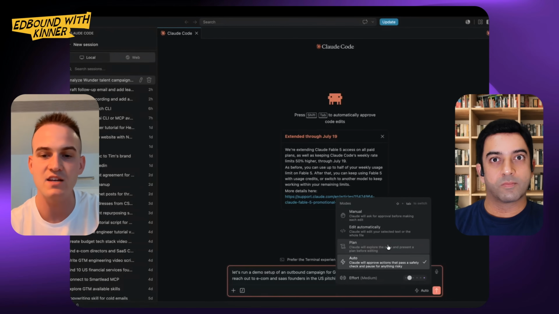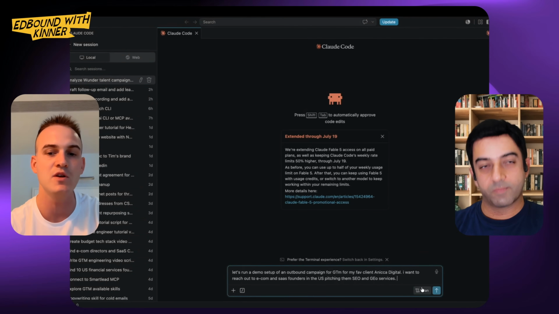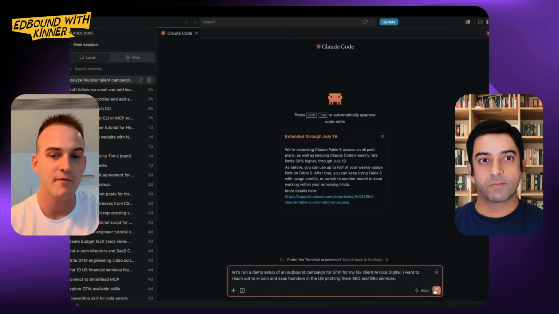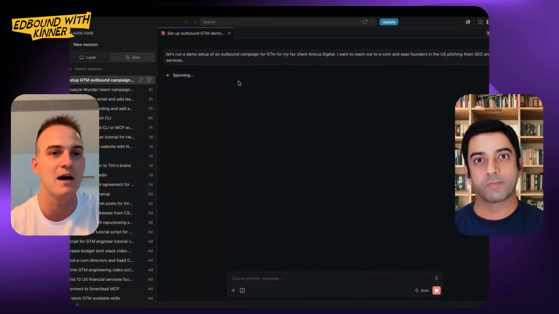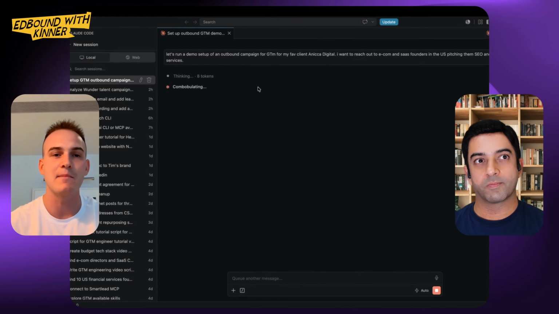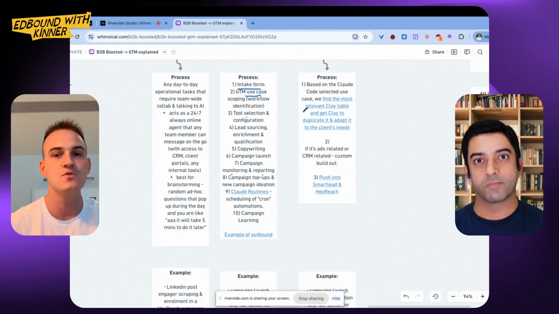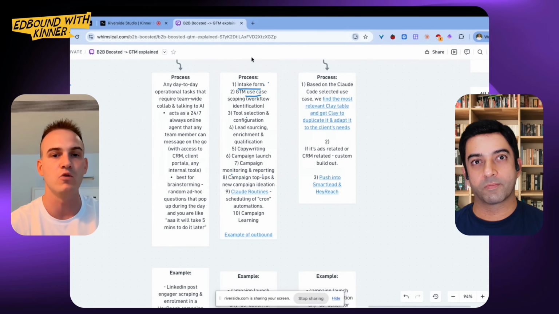Typically, I would say start off with plan mode all the time, because if you start off with plan mode, it will enable you to plan the campaign. But for the purpose of this, I'm going to select auto mode because I pretty much trust what's going to be happening here. And again, since we already trained up Claude Code and gave it a lot of PDF files, it basically knows how to pull off all of these 10 steps